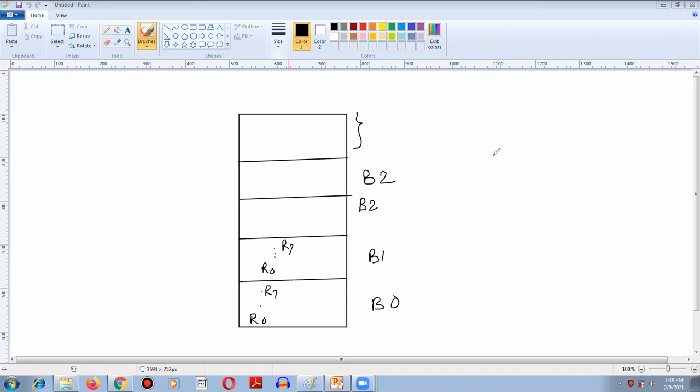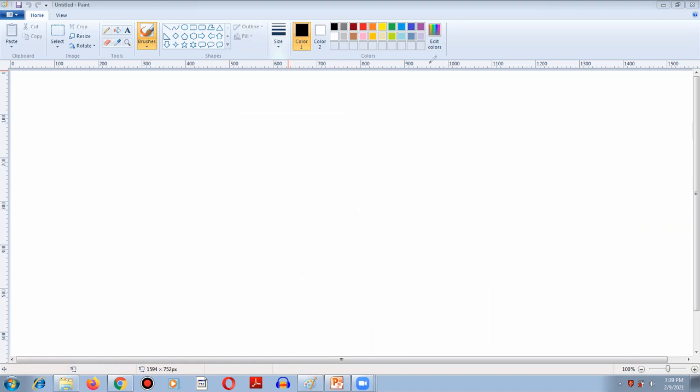Likewise, if I select RS1 equal to 0 and RS0 equal to 0, that means I am selecting bank 0. So if I write the instruction MOV A, R2, that means this register R2 belongs to bank 0. So whatever the contents of that R2 register will be copied inside the accumulator. So that is the explanation related to the RS0 and RS1 bits inside the PSW register.